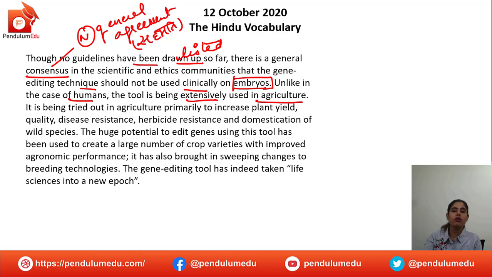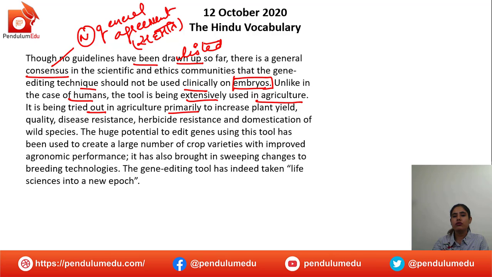अभी as of now अगर देखें तो सबसे ज़्यादा usage इस tool का हो रहा है agriculture में। तो ये embryos पर use करने के लिए तो अभी as of now इसको मना किया है लोगों ने, एक जनरल अग्रीमेंट या एक सजेशन के साथ लोगों ने आपस में अग्री किया है कि हम ह्यूमंस और एम्ब्रियोज पर इसको यूज़ नहीं करेंगे, बट ये टूल सबसे ज़्यादा एग्रीकल्चर में यूज़ किया जा रहा है। It is being tried out in